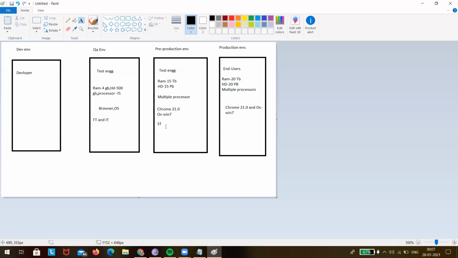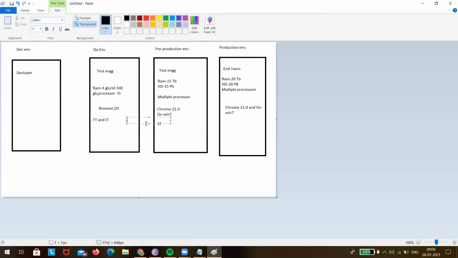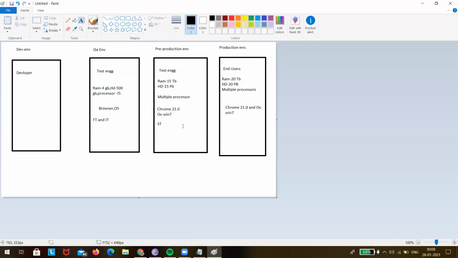Pre-production or staging environment is an environment similar to the production environment, and here the hardware and software configuration is made similar to the production environment. Functional and integration testing we did in QA, and end to end we test in the pre-production environment before handing it to the production environment where the end user will use the application.